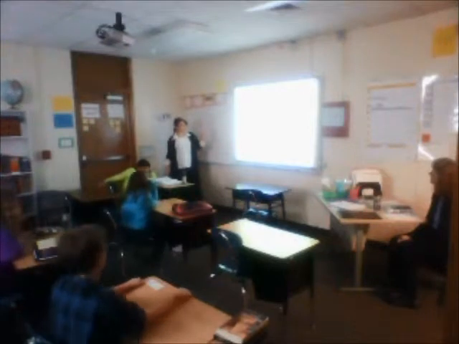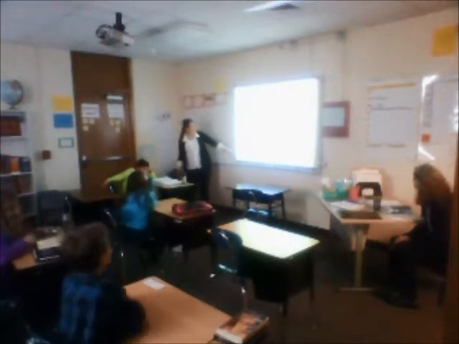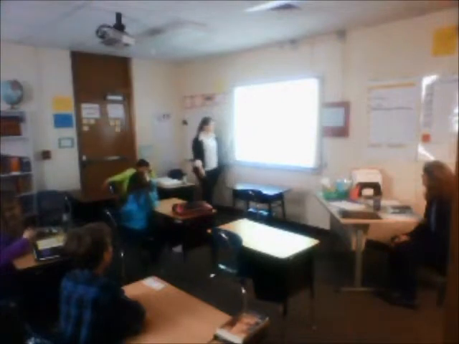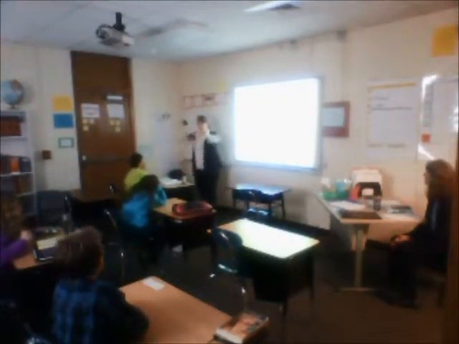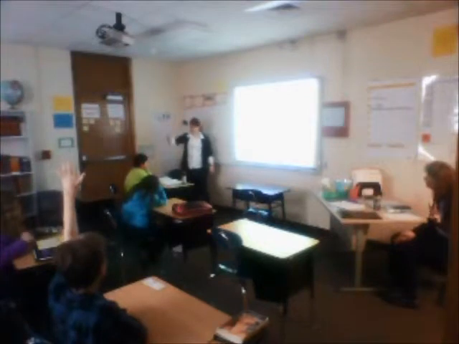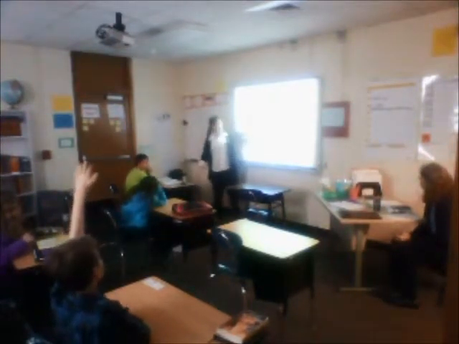Well, sometimes triangles have different sides, and then we're going to flip real fast and look at how sometimes triangles have different angles. Very good. Okay, so we're going to start with sides here. They look all the same, equilateral. How many sides the same? 3. Nice job, Tyler. An equilateral has all 3 sides the same.